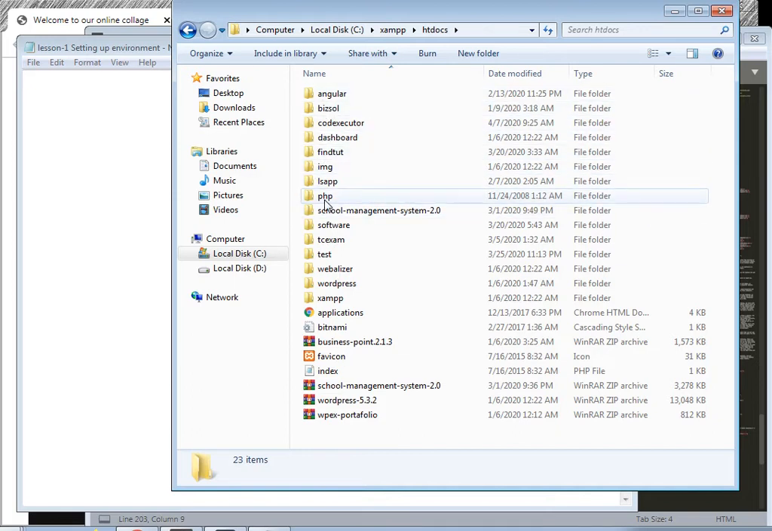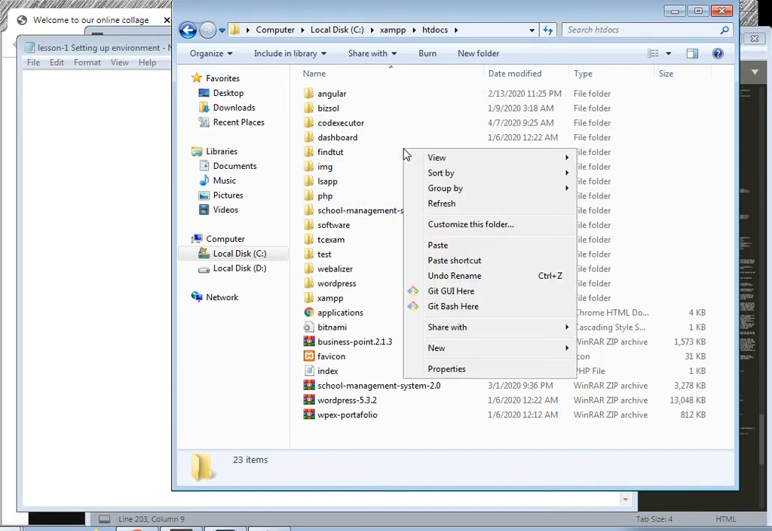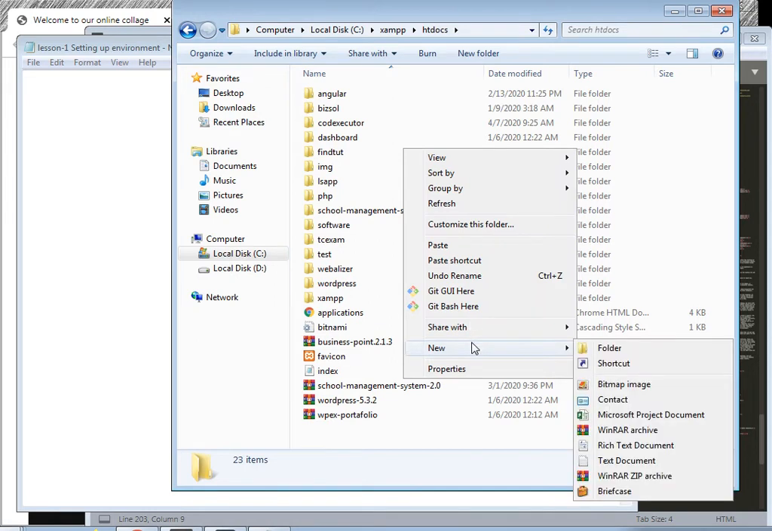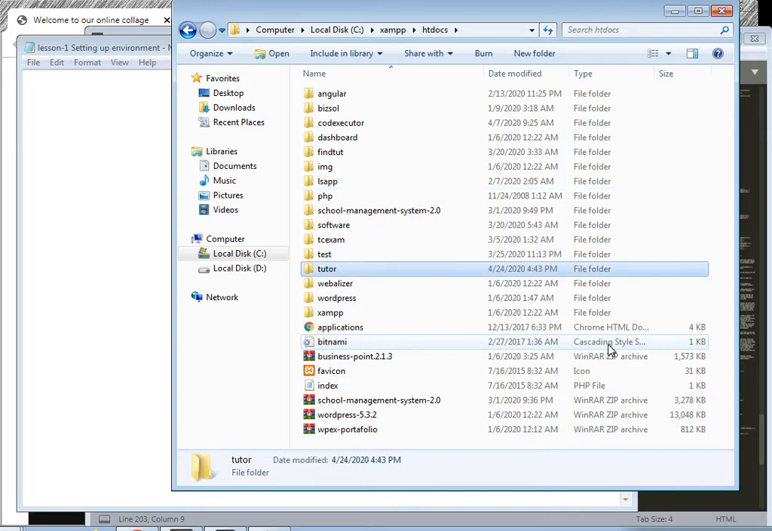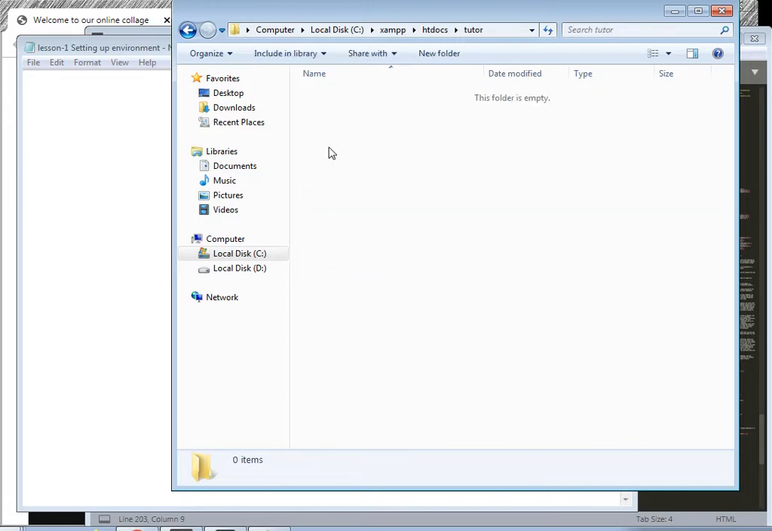Now there are a lot of folders. I have to create another folder. Okay, create a tutor folder, right? In the tutor folder I double click it. Okay, there is no file. Okay, I open the notepad